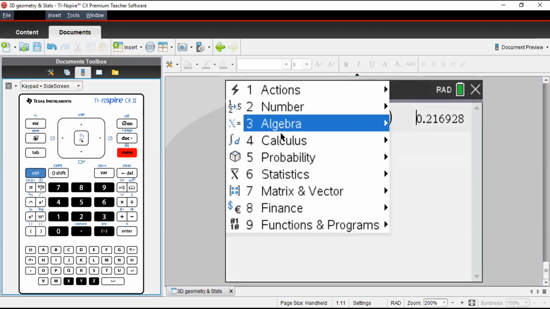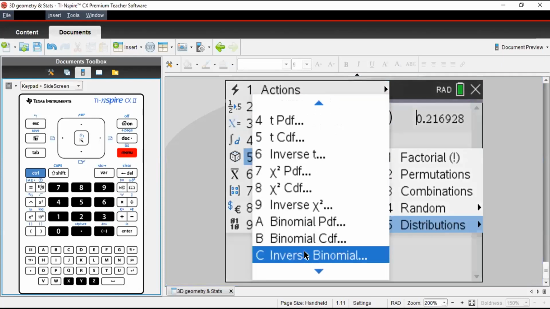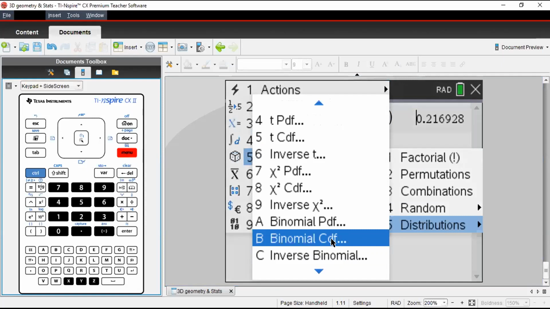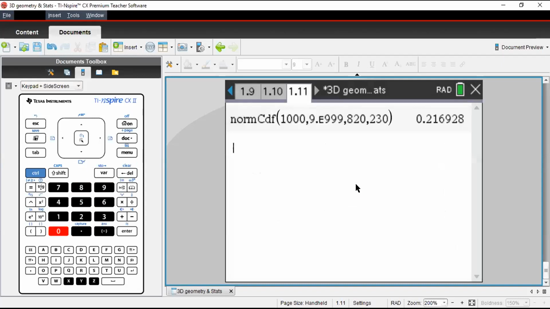Press menu, number 5, probability, again distribution, and here at the end you see option B is binomial CDF. Let me choose this. The number of trials is 24 days a month, so n is 24, and the probability of success is the normal distribution value we have got, 0.216928. The lower bound is 5 and the upper bound is 10. Okay.